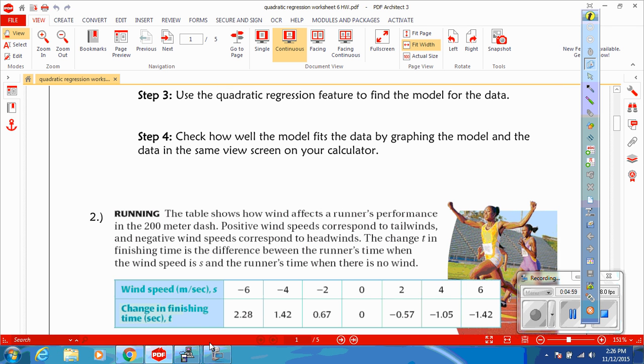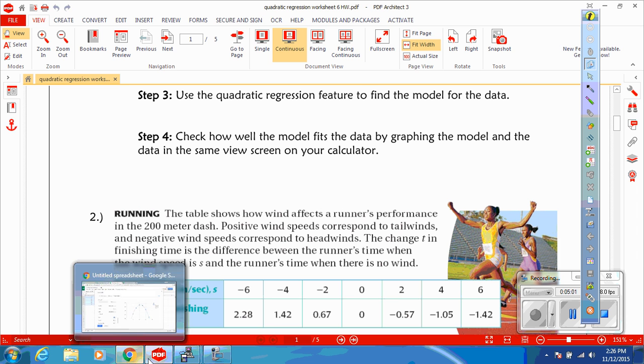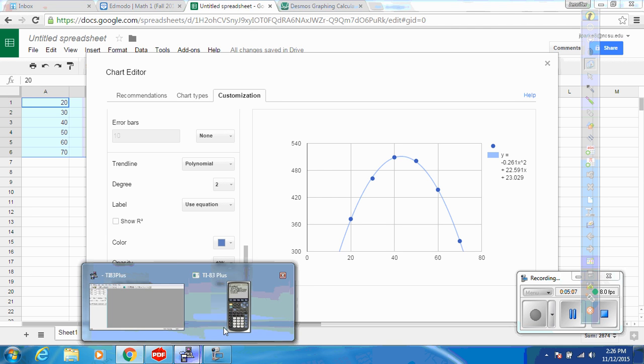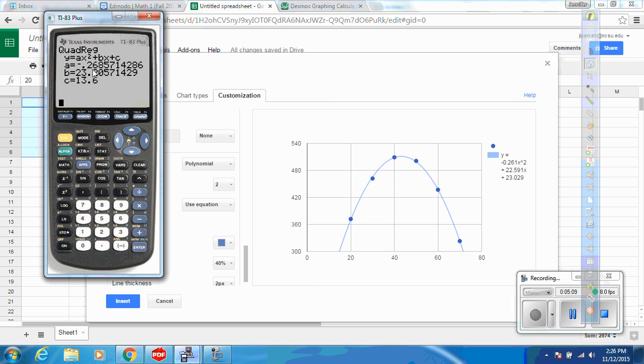And so you can look at it a little easier actually on the spreadsheet and see how well it actually fits, and it actually fits pretty good. Notice that it actually gives us pretty close equations here for these, but this one did calculate it a little differently. So you want to make sure that on a test or a quiz you do know how to do this on a graphing calculator. When I put this in my calculator,